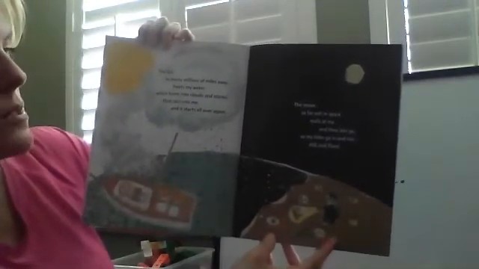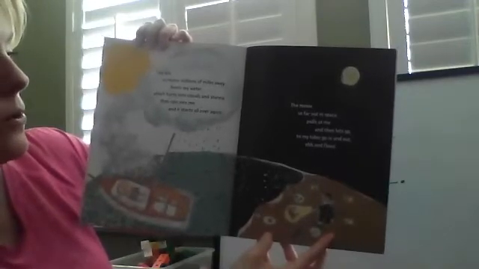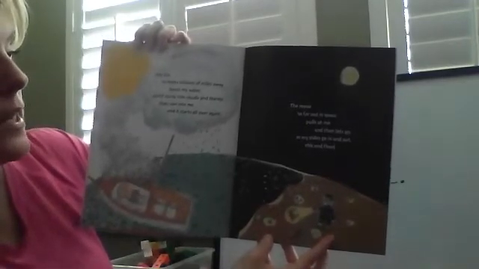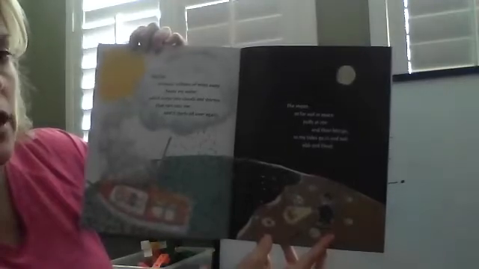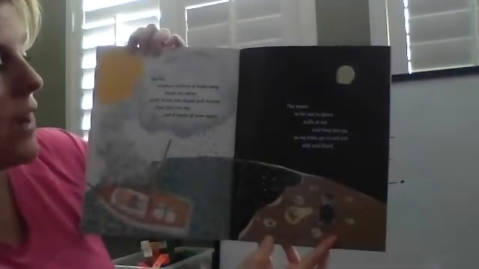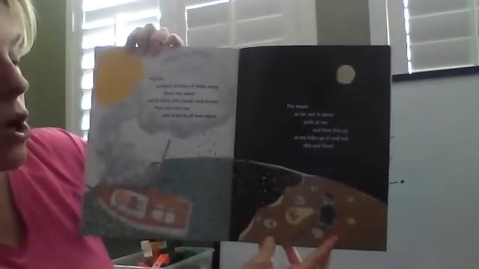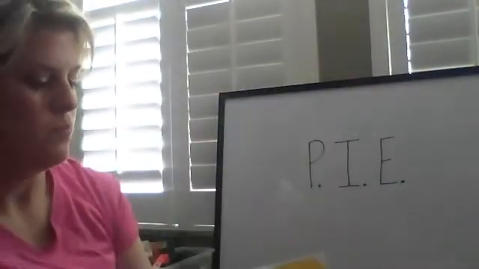The moon, so far out into space, pulls at me and then lets go. So my tides go in and out, ebb and flood. The moon is actually what causes the water to have high tide and low tide at the beach. And God sets all of that into motion.